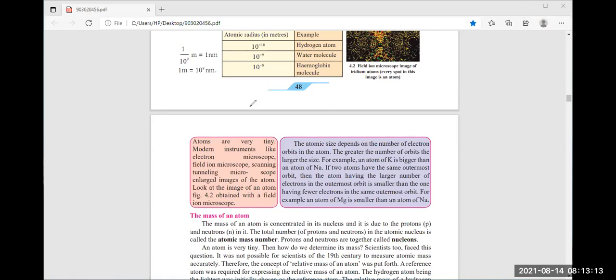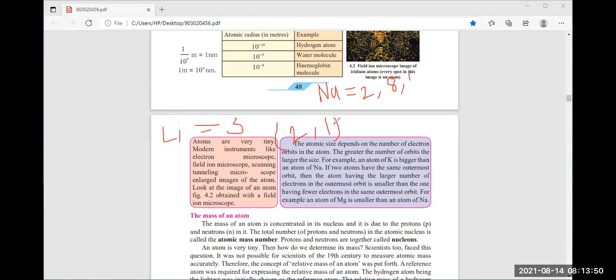Okay, so how are we thinking about this? We are thinking and writing that with the help of only electronic configuration. Suppose you take lithium, its atomic number is 3. So what we are getting is the electronic configuration 2 and 1. Suppose we are going to speak about sodium. Sodium atomic number is 11. So we are getting 2, 8, 1. This electronic configuration.